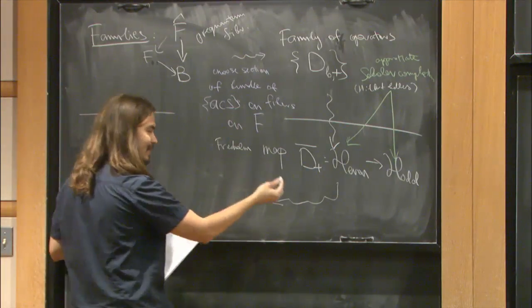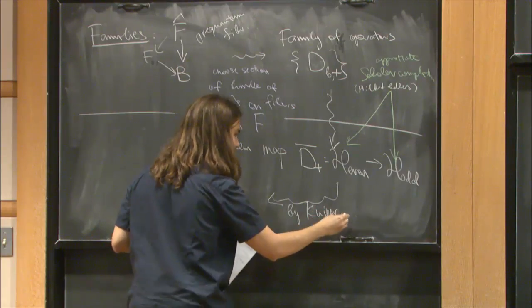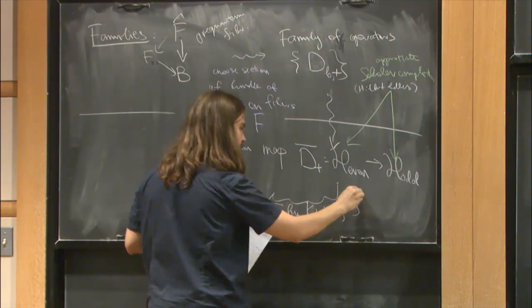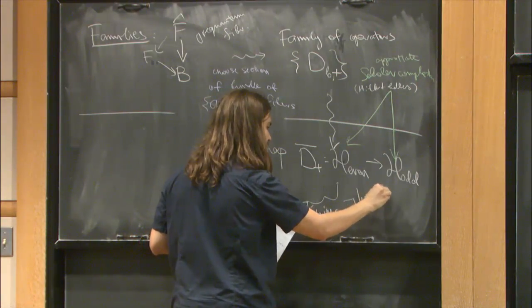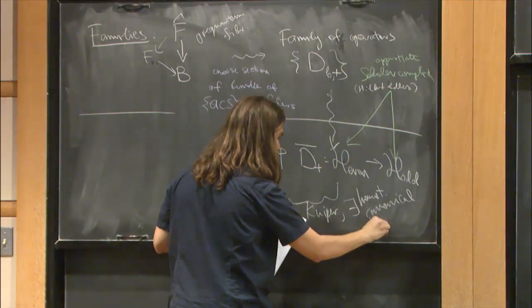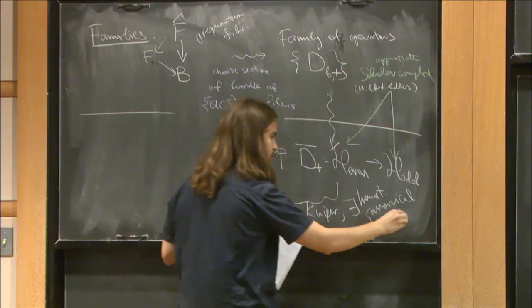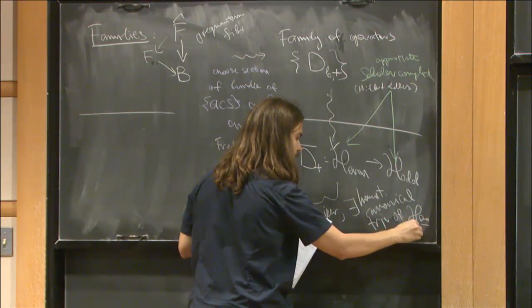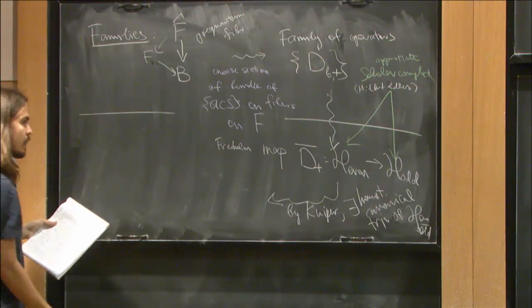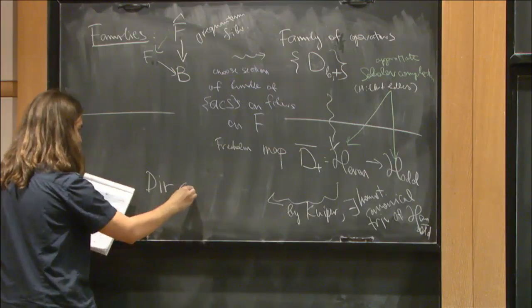So by Kuiper's theorem, there exist homotopy canonical trivializations of H even and odd, of these Hilbert bundles,